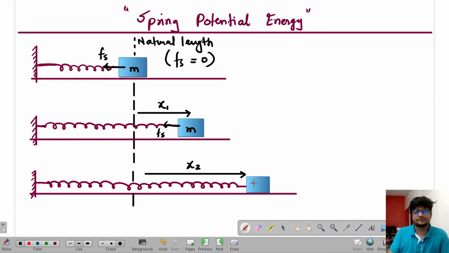And this is mass M. So I expanded till x1 and then I expanded till x2. Now the question arises: what is the work done by the spring? Look over here, x1 and x2 are displacements of the block